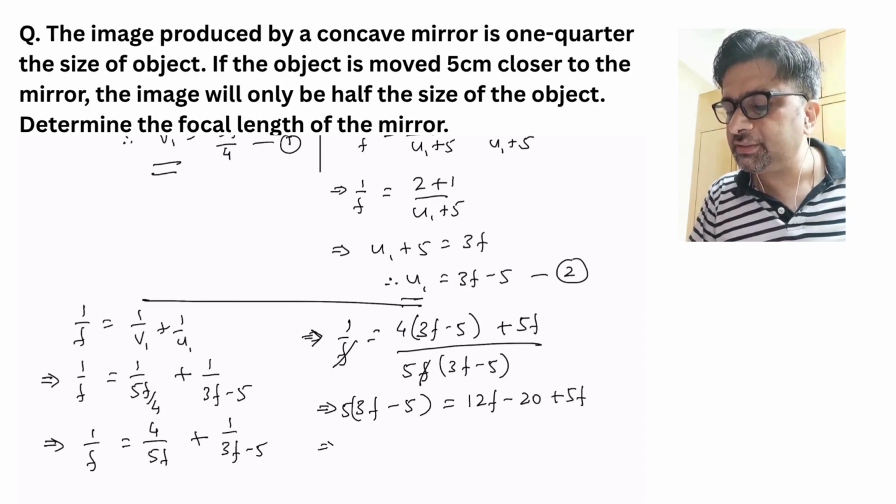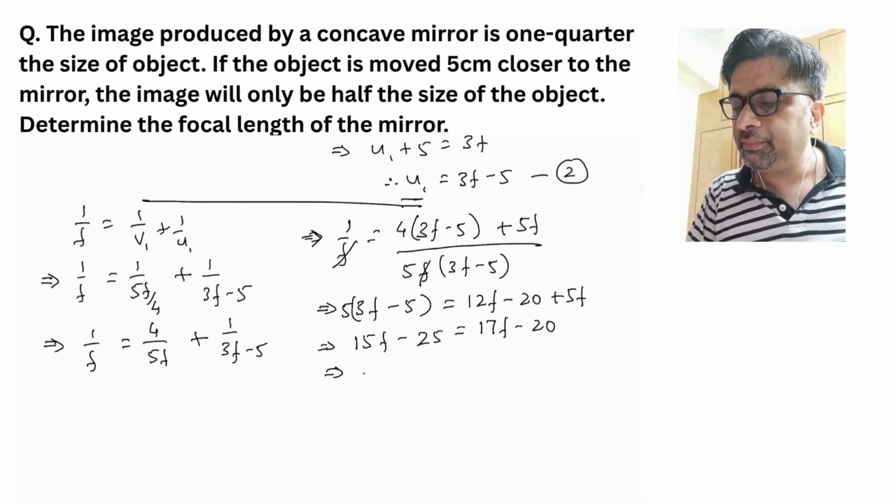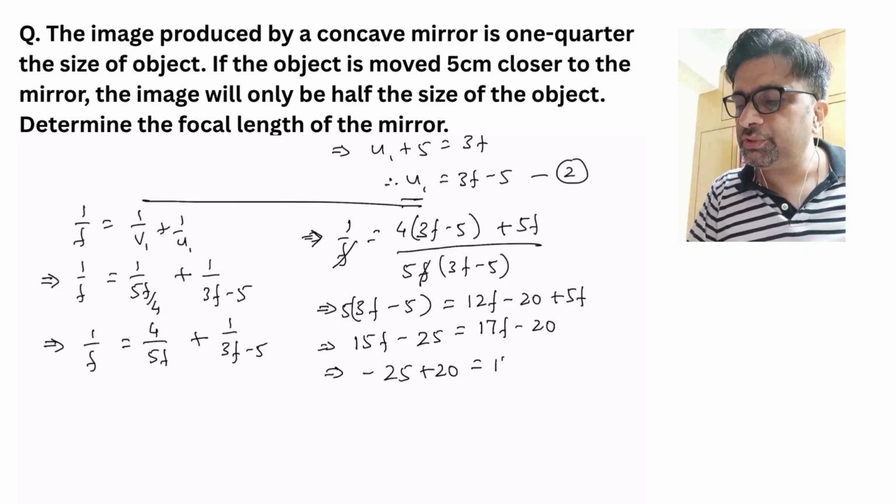Let us expand this, so it's 15f minus 25 comes to 17f minus 20, and that makes it minus 25 plus 20 is equal to 17f minus 15f,